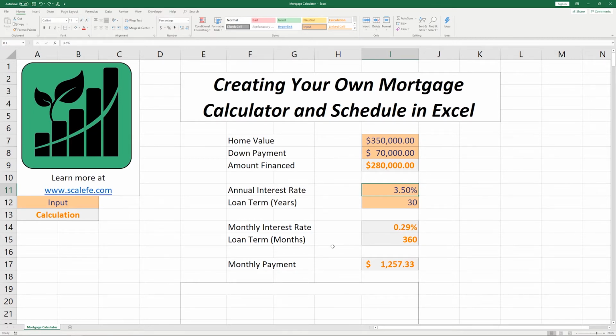Now that's the first part, creating your own mortgage calculator. Now you know what your monthly payment would be given the certain circumstances. But we're not done yet. We also want to create this amortization schedule, this huge long schedule that dictates every single loan payment. So let's get started on that. Loan